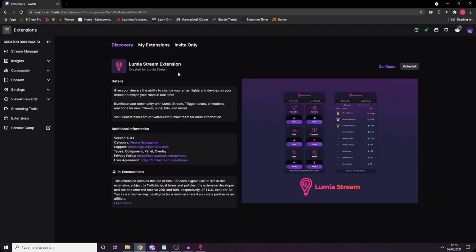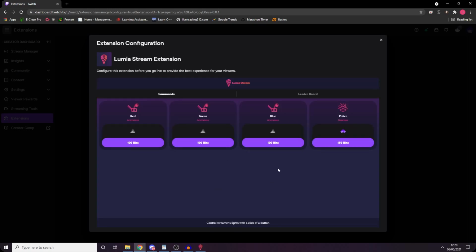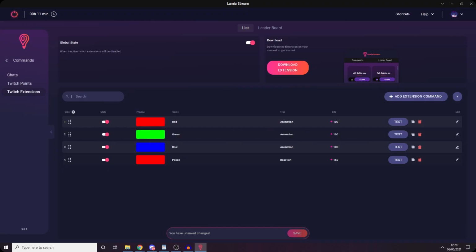I already have it installed, but you'll need to click the install button. And when you've done that, you'll need to click configure. That'll bring up this page for you. Now, if this next button here is grayed out, you need to make sure you go back to the app and switch on this global state. Once you switch the global state on, you will be able to click the next button and begin to configure